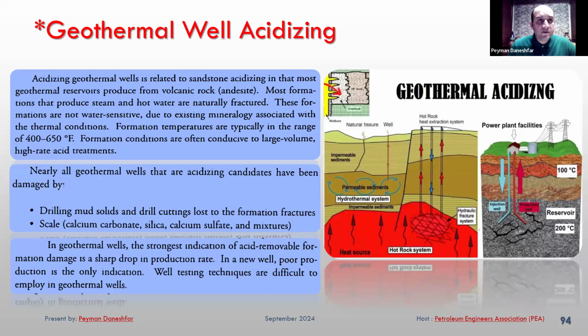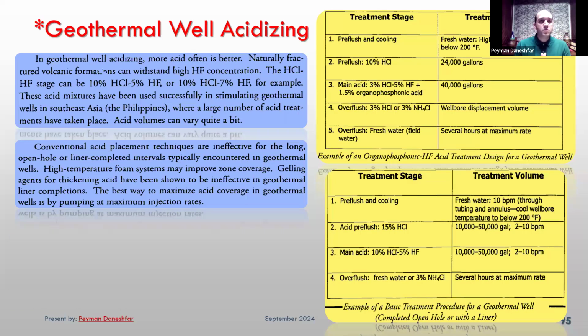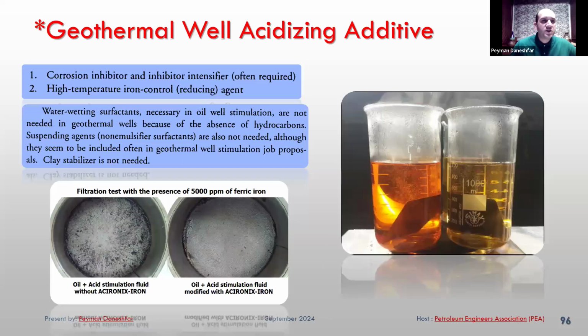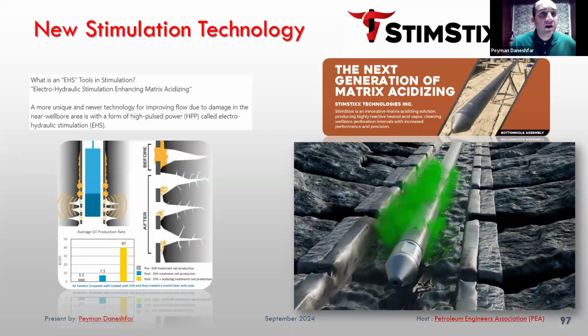For geothermal well acidizing, we use just HCl and HF, and also some additives like corrosion inhibitor or corrosion intensifier, depending on the temperature. Water-wetting surfactant is not used, because we don't have any hydrocarbon here. We also don't use any suspending agent or non-emulsifier surfactant. You can see that in geothermal acidizing we use just corrosion inhibitor, and high-temperature iron control we can use. And these slides are a new technology that I want to tell you about for 1